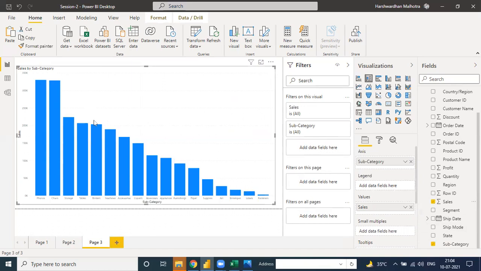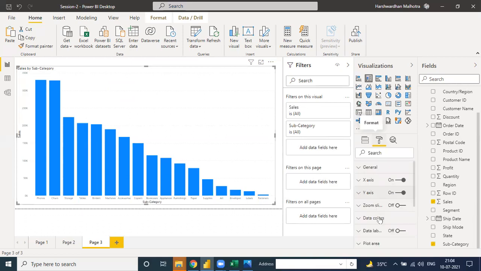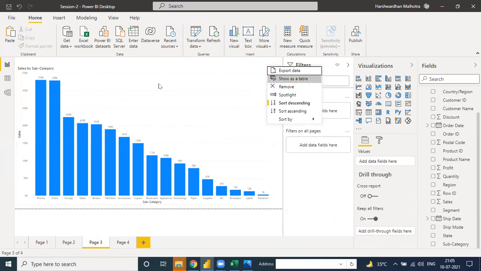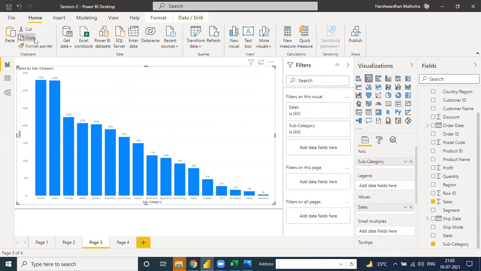are done with the highest number of sales. Suppose a number of sales is missing, so how do we identify it? There is an option here, a data label. You can click on it and the sum of sales is shown: 330K, 328, 224. It's a simple column chart by subcategory. And here is the option of a stacked column chart. Along with this, I have also shown on the next page how to make a simple column chart into a better form. Like click, copy, page 4.